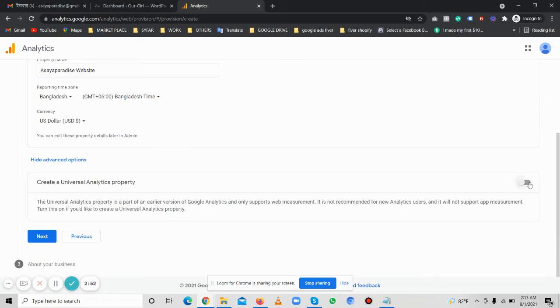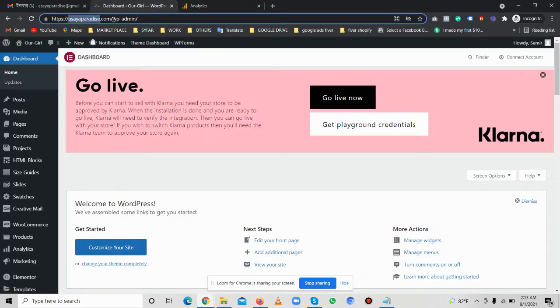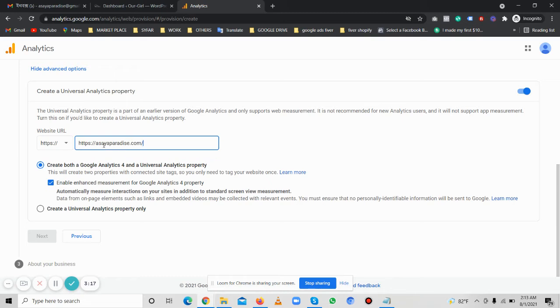So now if I turn it on, you can see the interface is like that. You can see they are telling us to create both a Google Analytics 4 and Universal Analytics property, or just create a Universal Analytics property only. But we will create both. And now it's my website URL. So just copy the website URL